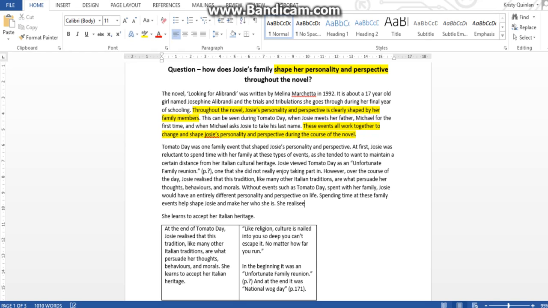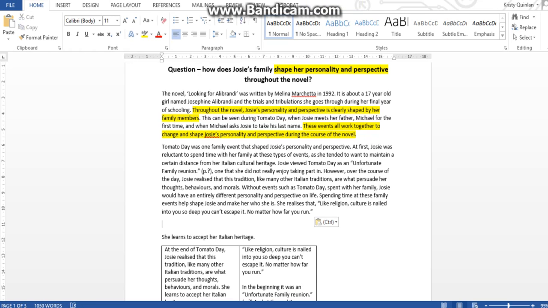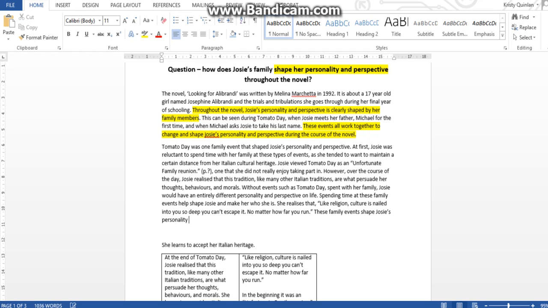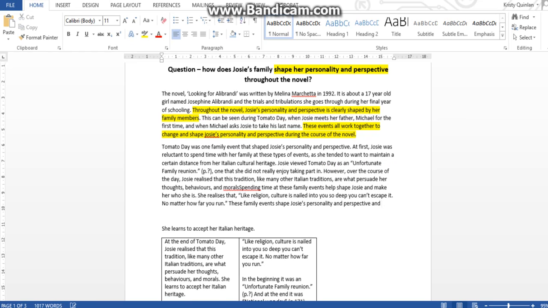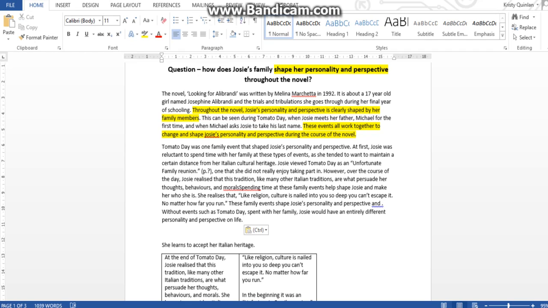She realizes that, and then, quote, like religion, culture is nailed into you so deep you can't escape it no matter how far you run. These family events shape Josie's personality and perspective. And so I'm repeating myself here. So I'm going to just take this and move it down here. These family events shape Josie's personality and perspective, and without events such